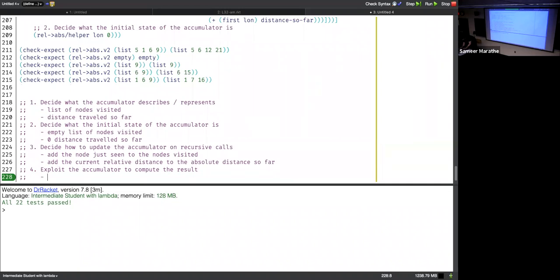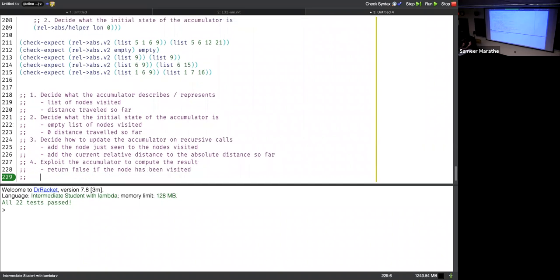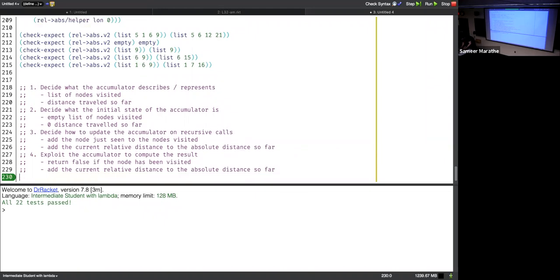Here we simply return false if the node has been visited, and add the distance so far. Okay, so those are basically the 4 steps that you will need to go through when you are introducing an accumulator,